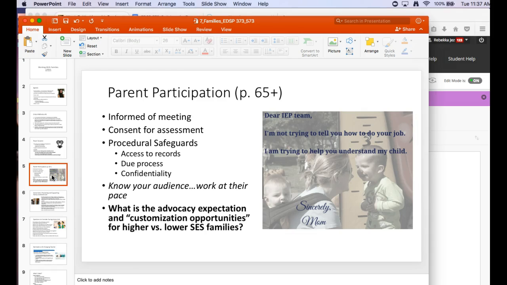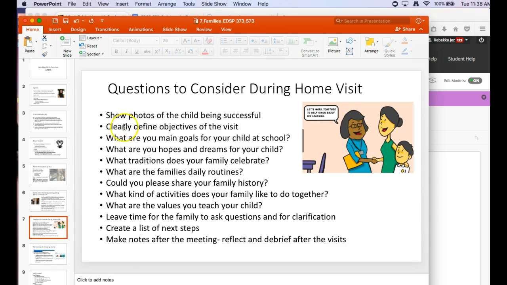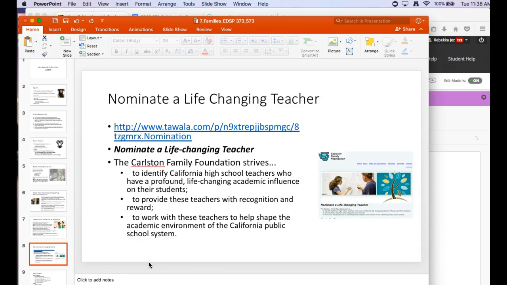We talked about parent participation and what the advocacy expectations and the customization opportunities for higher and lower SES families are, and then how we can start building resources for all of our families. So we talked about home visits and the different things that we need to keep in mind for home visits, and then questions that you can consider as you're doing a home visit.